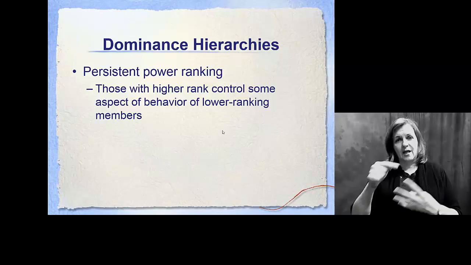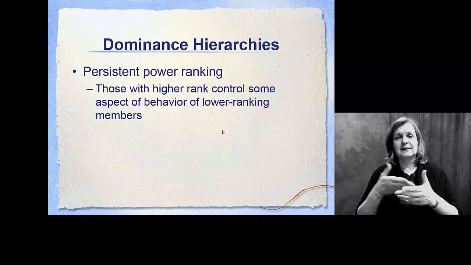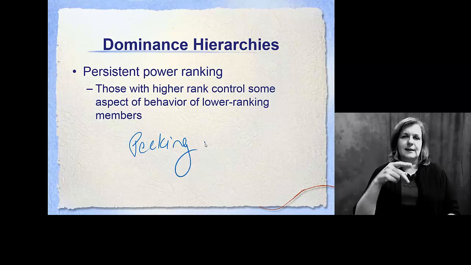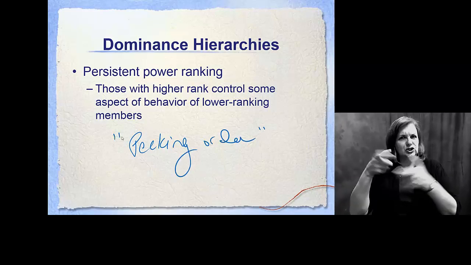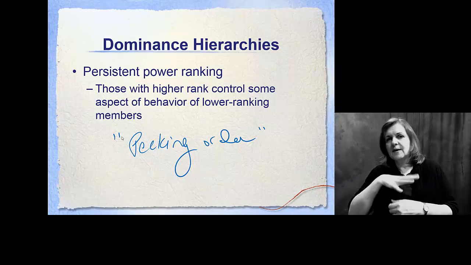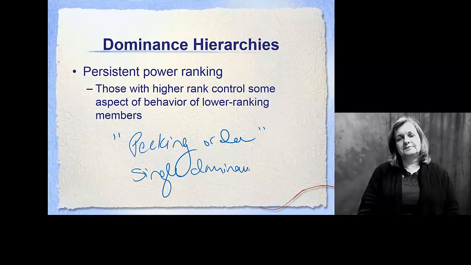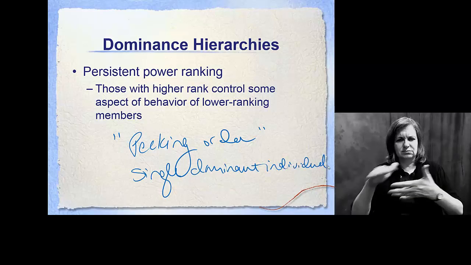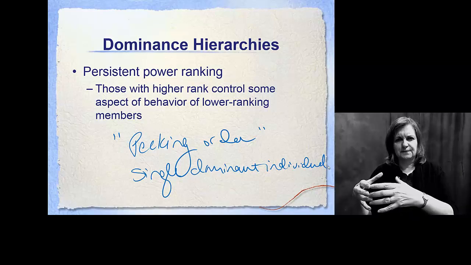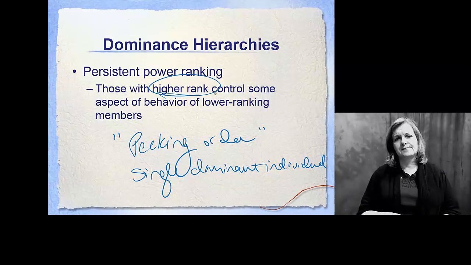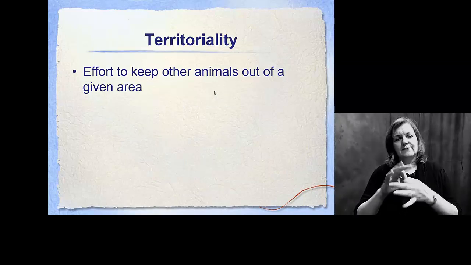These kinds of social behaviors often result in what we call dominance hierarchies, loosely phrased as a pecking order. So who's in charge? Who's mating with the females? Is there a single dominant individual? So what's going on in this population? Typically, we look at a very strong ranking system in these kinds of populations, and it becomes even more advanced when we start looking at territoriality.